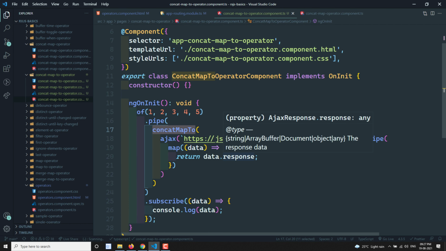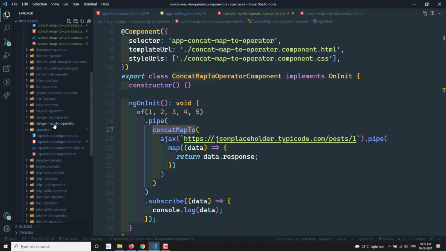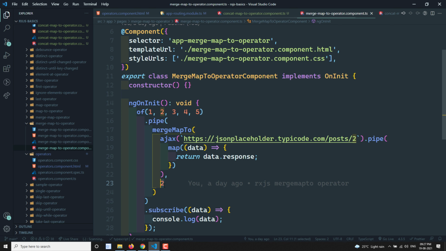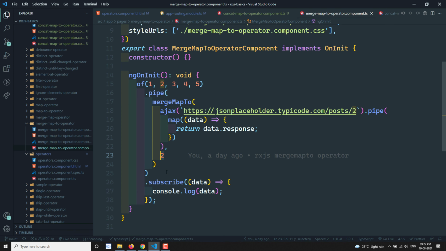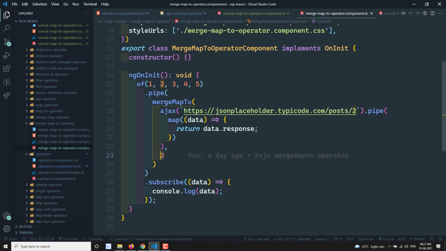Now you need to understand that concatMap2 and mergeMap2 are one and the same thing. If you try to see our mergeMap2, it is one and the same, but we need to keep the concurrent parameter as 1. Here I have kept 2, so here we need to keep 1. Then concatMap2 and mergeMap2 behave the same. Here also we are doing posts/2, a fixed ajax call, and there also it's a fixed one.